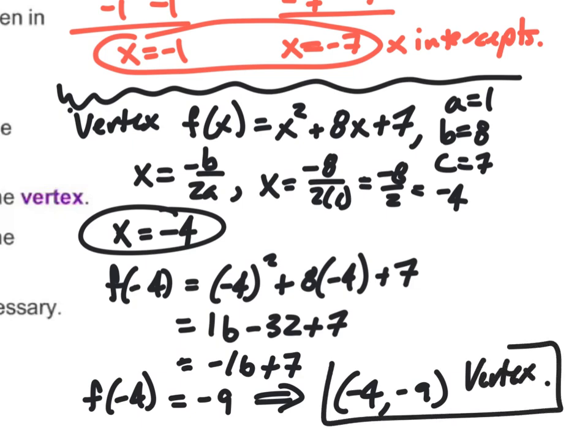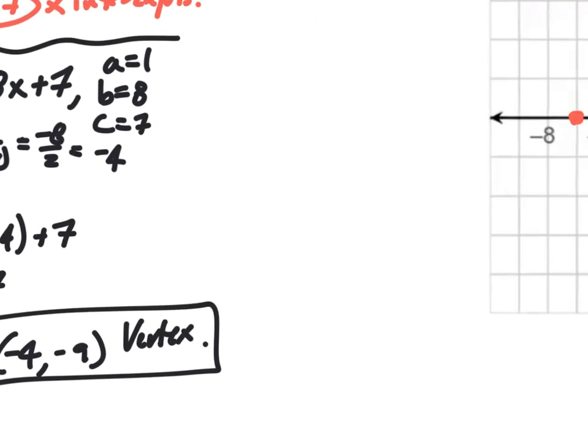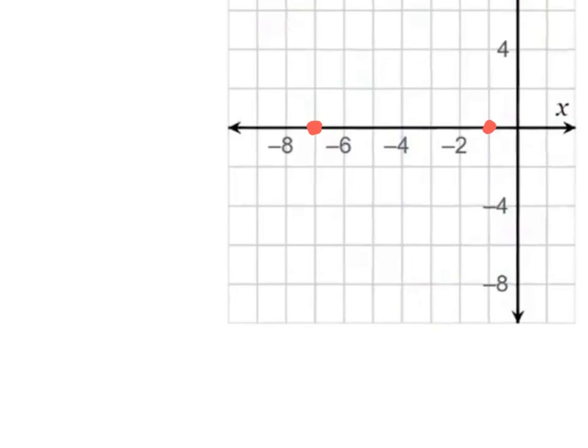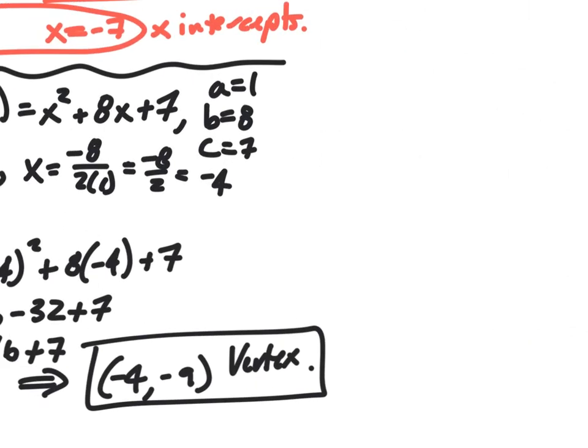So if I take that point and graph it over here, negative 4, negative 9, hold on, so this is negative 2, negative 4, negative 6, negative 8. Negative 9 is right here, so negative 4 is over here, so let's graph that point right here. That's my vertex. And that's really all we need. Let's find the